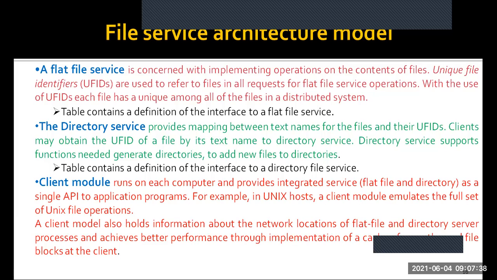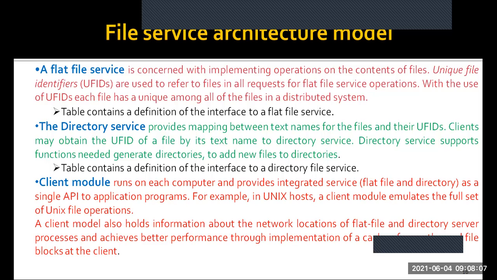This is the representation done internally by the storage system, right? The UFIDs are given by the storage system and will not be known by external users. External users know only the file names. These file names are listed in the directory, so that the directory maps the file names known by the clients to the unique file identifiers. That is done in the directory service.